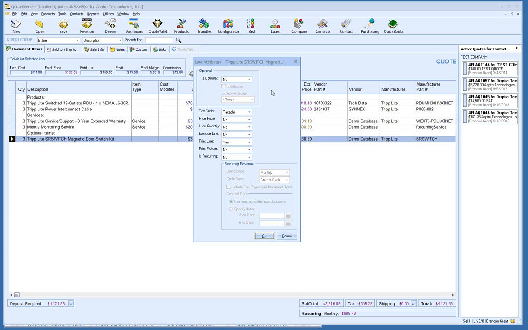If you set an item as optional, it'll show up on the quote for the customer, but it won't be included in the quote total unless you check the box for is selected. So if you want this to show up on the document, but you don't want to include it in the total, so if you want the customer to be able to see, okay, this is the particular item that you could also include with this quote, you can set it as optional for the customer. So we'll set it as optional, change the drop down to yes,